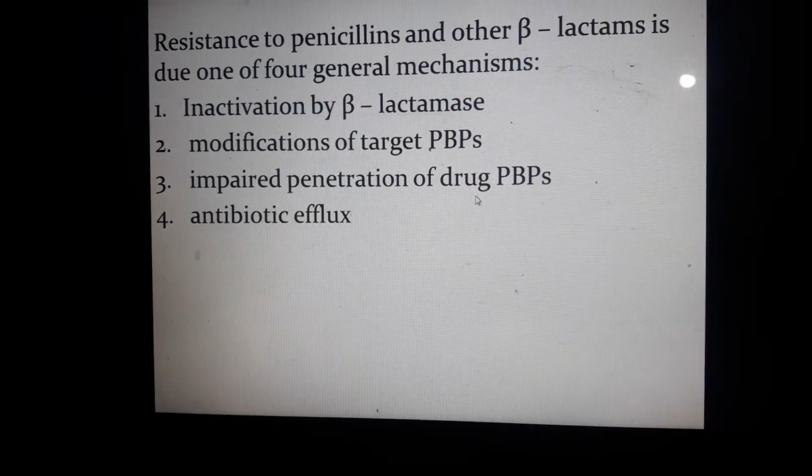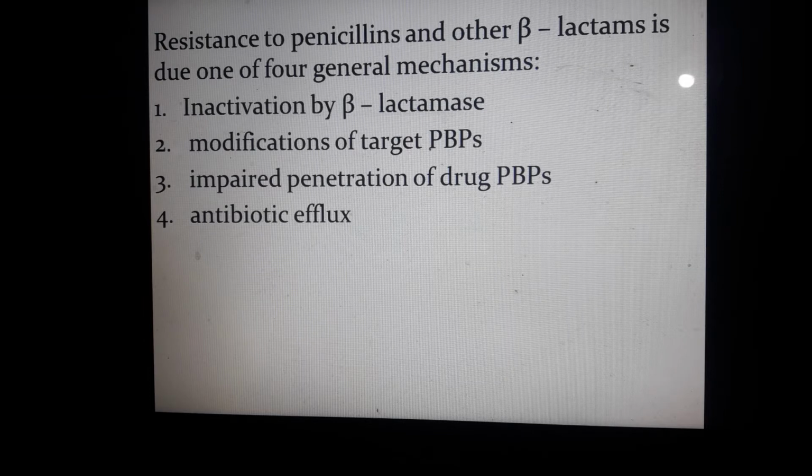Okay, so resistance to penicillins and other ß-lactams is due to one of 4 general mechanisms. That's why we discuss inactivation of ß-lactamase, enzymes that are going to inactivate the structure of the penicillins, and modifications of the target penicillin binding proteins. So there will be alterations or changes in the target penicillin binding proteins, and then impaired penetration of the drug, wherein the cell membrane becomes impermeable, or